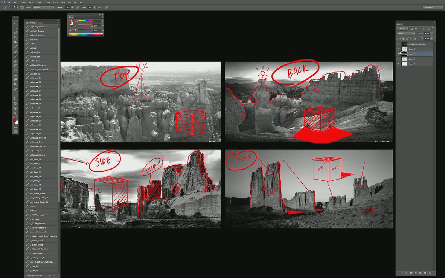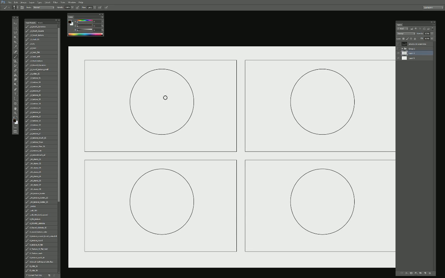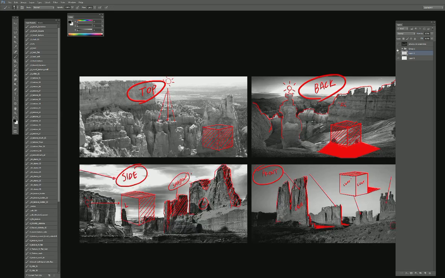Alright, let me show you guys one more diagram. And here I just have a very simple sphere. The reason why I want to showcase this and showcase the application of lighting is so that we really understand how light plays on just a simple object like a sphere. So going with top lighting,